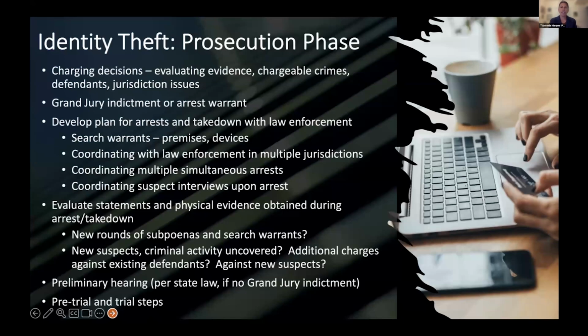So in terms of analyzing from a sufficiency perspective, even a simple case assigned to a junior prosecutor can require many more hours of work than even a robbery, perhaps a more serious violent case, just by the nature of the work that is needed to develop the evidence and move forward with the prosecution.